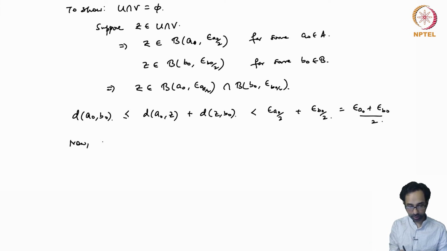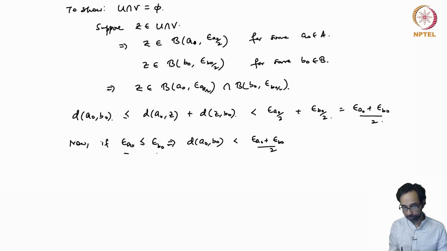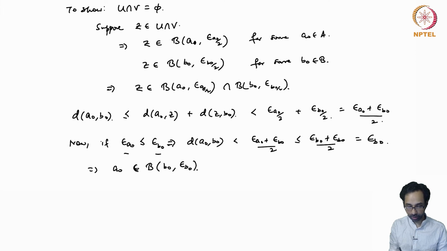Now if epsilon a naught is less than or equal to epsilon b naught, then this implies that the distance between a naught and b naught, which, as we have shown, is less than epsilon a naught plus epsilon b naught by 2. But if epsilon a naught is less than or equal to epsilon b naught, then this is less than or equal to epsilon b naught plus epsilon b naught by 2, which is nothing but epsilon b naught. And this means that a naught belongs to the metric ball with center b naught and radius epsilon b naught. And this is a contradiction, because we chose for each